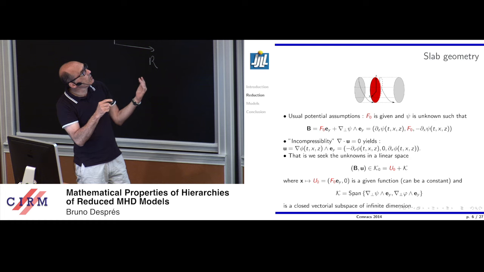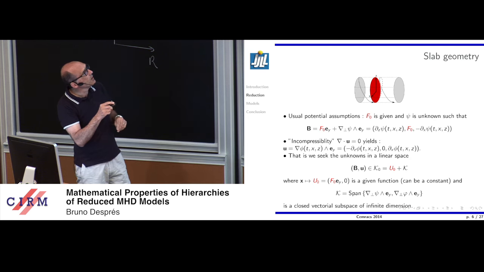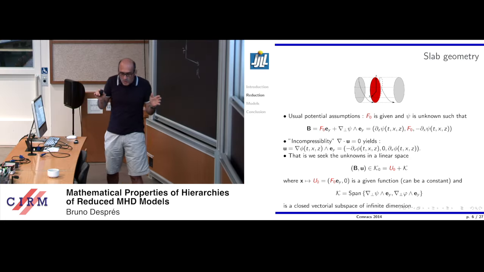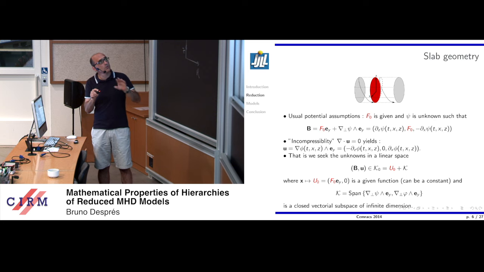So the sum of these two terms is this. Here F naught is given by the coils of the tokamak somehow, and here there is some correction. More or less, I know it is absolutely not true, but if I assume incompressibility, for mathematical purposes it's good. We can discuss it with respect to physics.